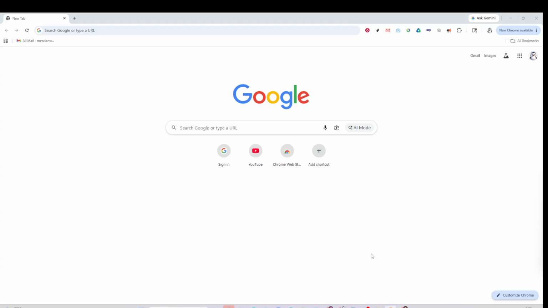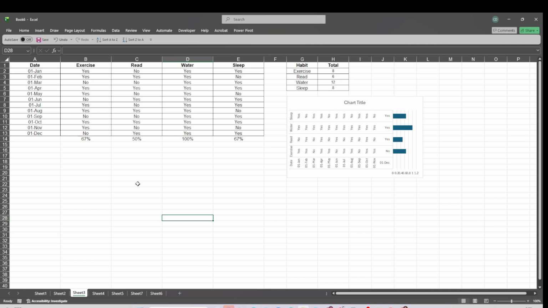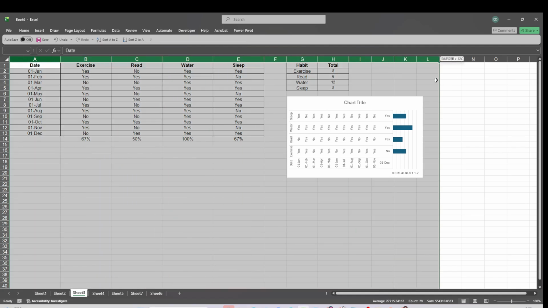To get started, open Microsoft Excel and go to the worksheet where you want this effect to appear. Excel doesn't include a built-in one-click button for highlighting the active row and column automatically, but you can create a very useful version of this using conditional formatting and a simple formula. The nice part is that this method does not require VBA, so you can set it up quickly without using